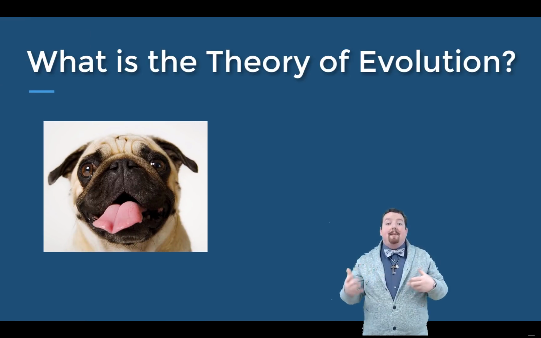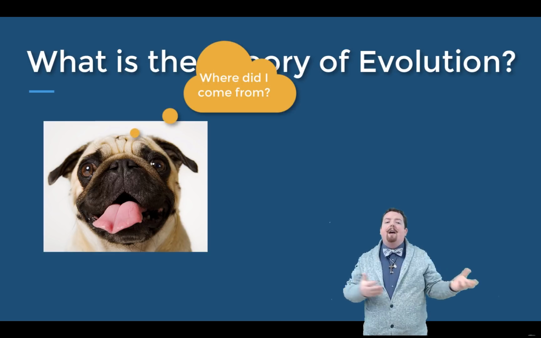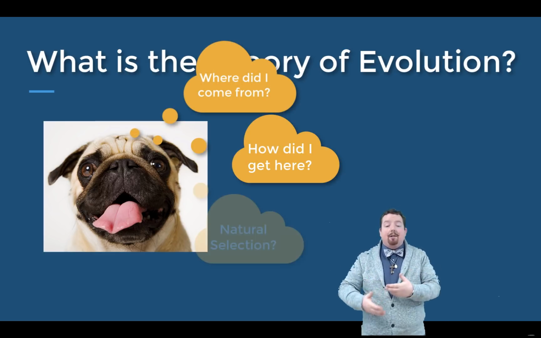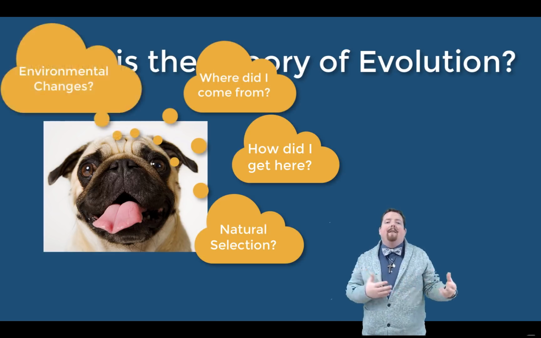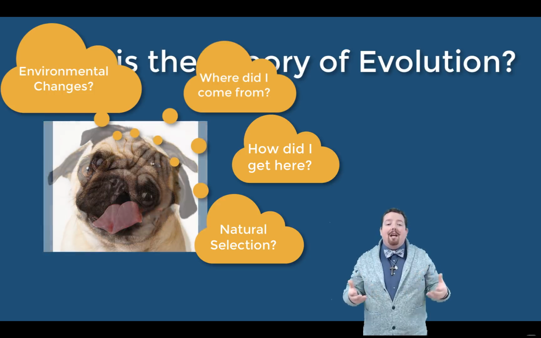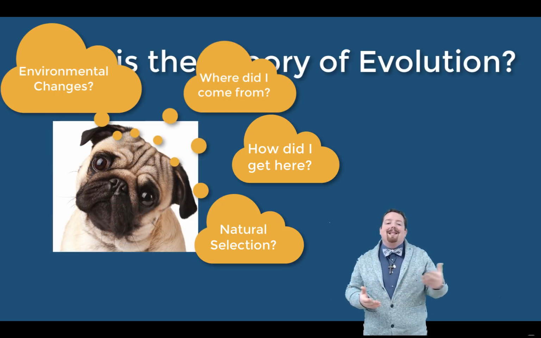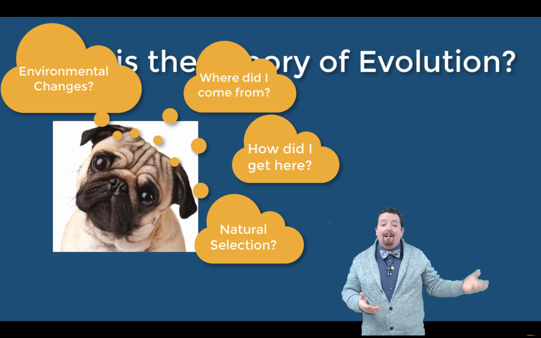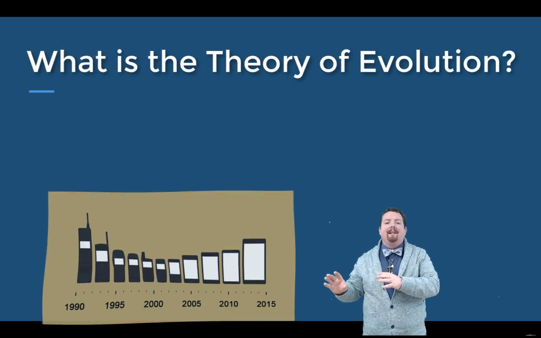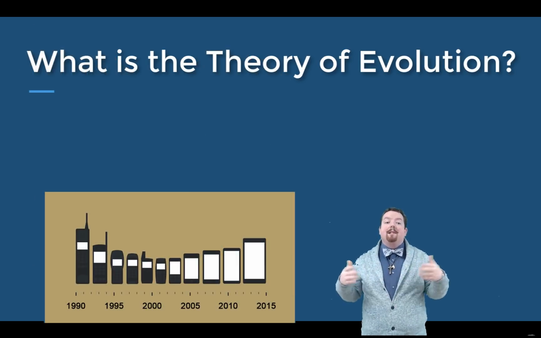So imagine any species. Where did it come from? How did it get here? Could its traits have been naturally selected over time? Could the environment have changed which members of the species were more likely to survive? If so, then the species has definitely changed at least once. And who's to say it didn't change from something before that? If we follow that line of thinking, we can see that the species might have changed multiple times over millions